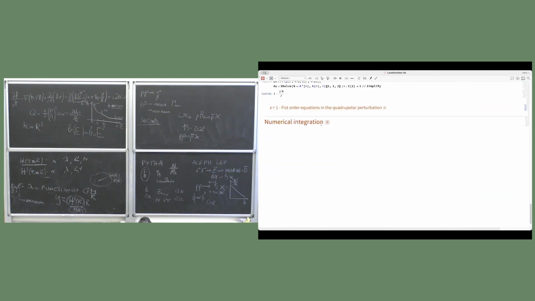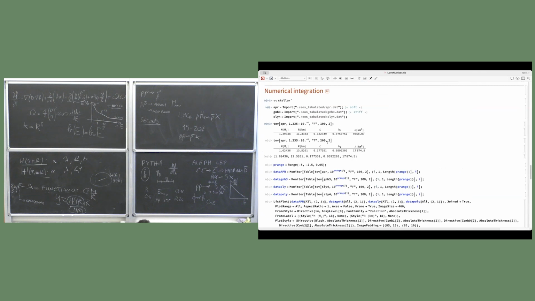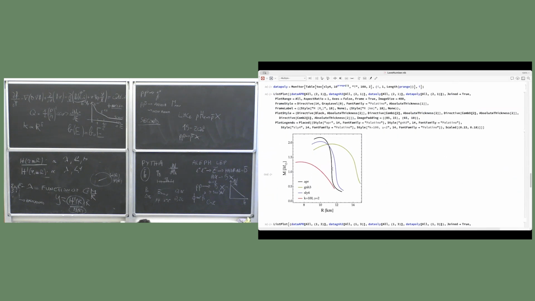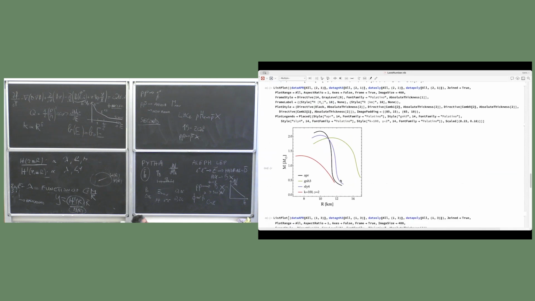Okay, if you want now, I can show you how we can actually solve for the stellar configuration, and basically, this is what the notebook does, compute this thing. So this is the usual mass radius diagram that I showed you at the first lecture. Each of these curves gives different stellar configurations for different equations of state. And in particular, the red one is just a polytropic equation of state, so